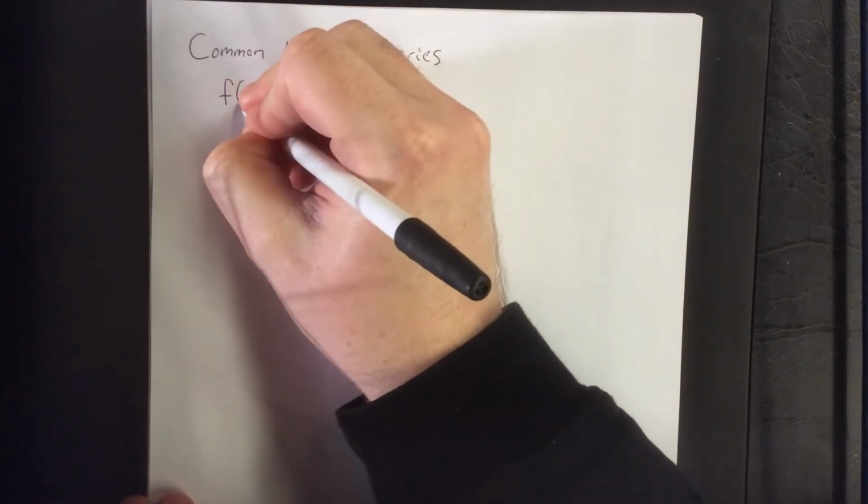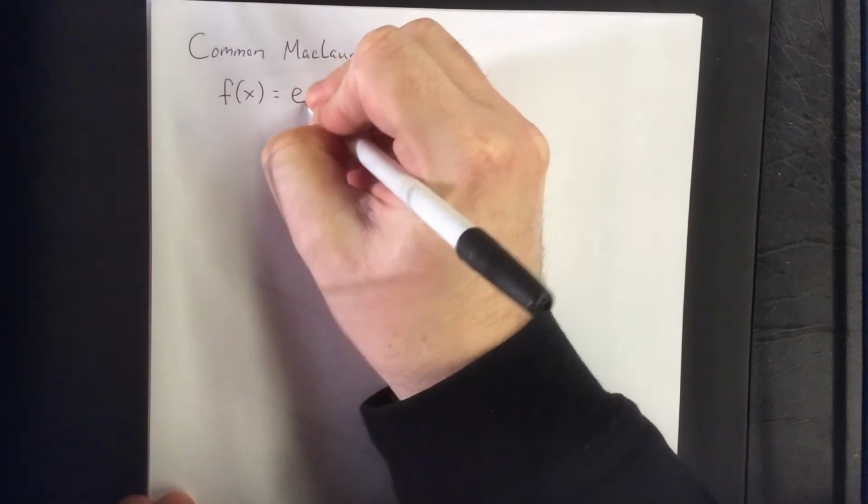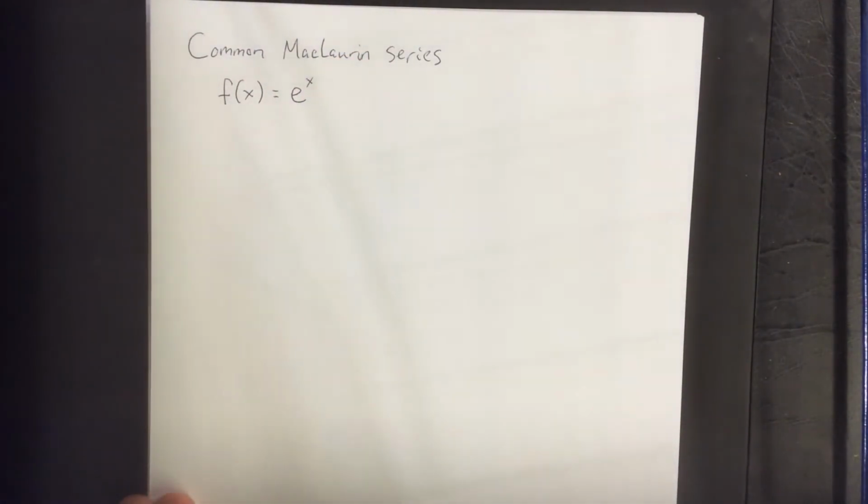There's a small collection of several Maclaurin series that are quite common and will get used on a regular basis. As such, we're going to discuss those today. The common Maclaurin series come from anything that have a very predictable derivative pattern associated with them. So I would say without a doubt the most common derivative pattern that we're going to see, or the easiest